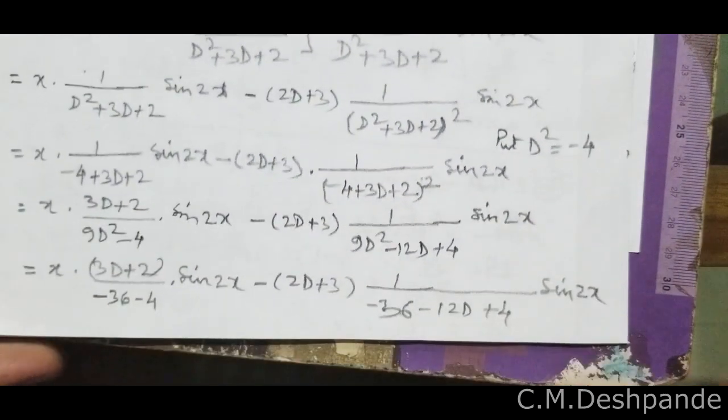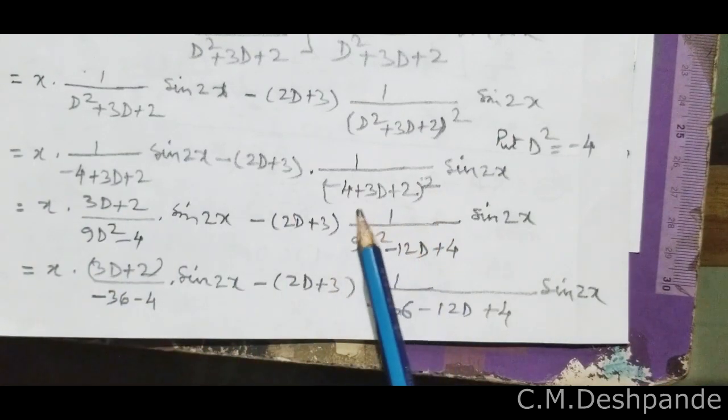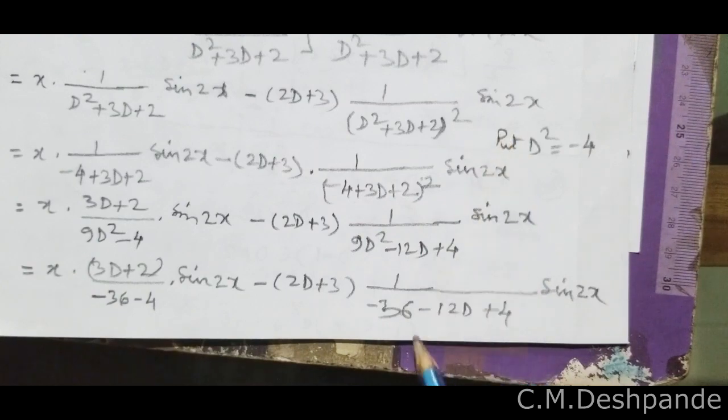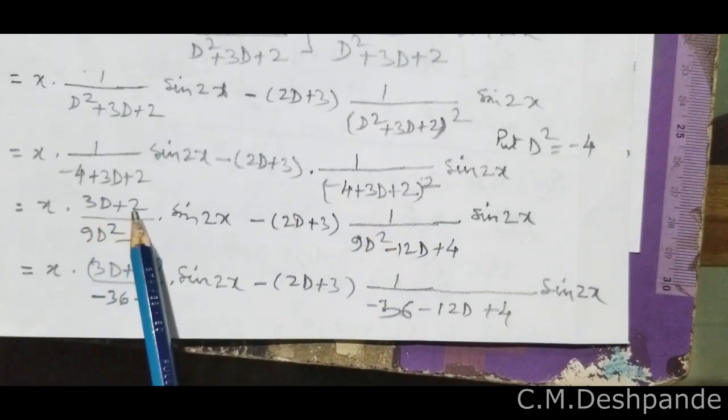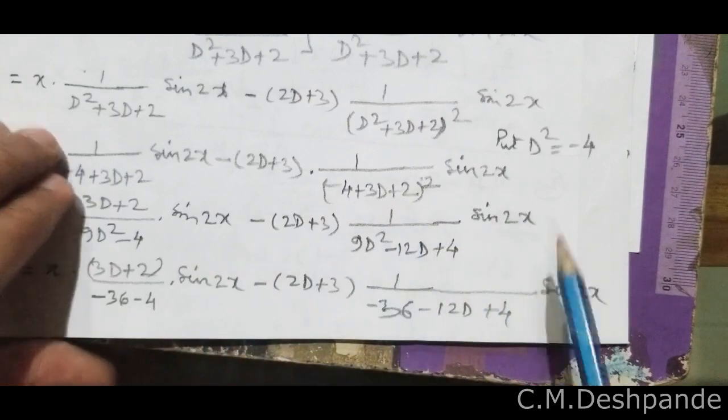Now go on simplifying and watch all these steps. Note, to operate on sine, we have to generate d square term. Here d square is obtained by rationalization. Multiply by 3d plus 2 and divide by again 3d plus 2. So gives 9d square minus 4, and then operate by shortcut method number 3. If this is completed,